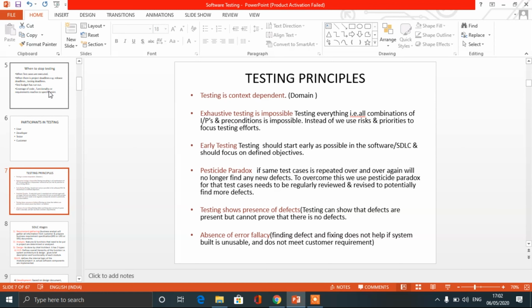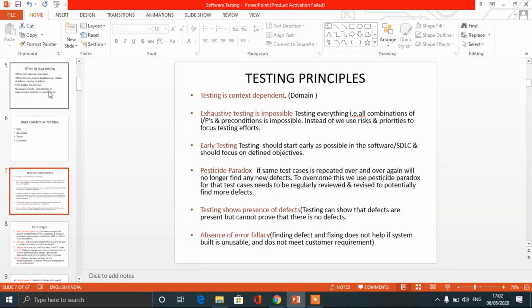Suppose we have small data, like we have to give an age between 18 to 20, then we can check by 18, 19, 20. We can give all types of data, but suppose we have huge data like 100,000, we can't do it manually